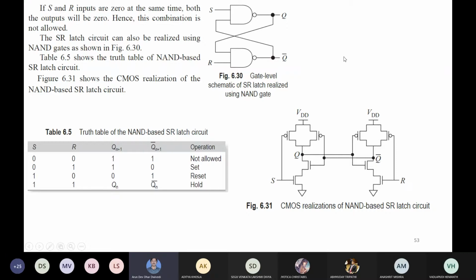input, suppose. So according to this logic diagram, we can see that the NAND gate to which set is given, its output is Q. For the NAND gate for which the reset input is given, its output is Q bar. So this one is giving the Q output. Here we are giving the notation Q, and this Q will go as input to the other NAND gate. So this is going as input to the other NMOS transistor, and also one PMOS. And similarly the output of this NAND gate, Q bar, is coming to the other NMOS and one PMOS. So in the same way it is designed.